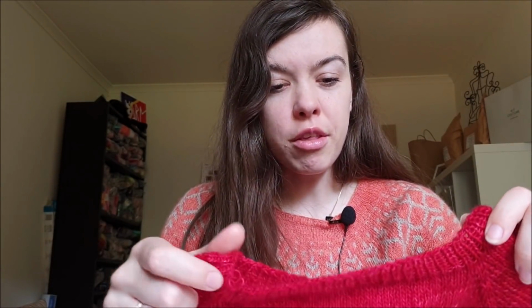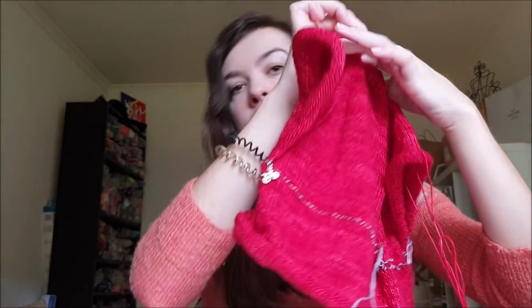And I chose this one because it has a bit of a lower neckline, which I wanted. I didn't want a huge neckline, but the other patterns that I was considering was, for example, the Flax Light, and those are very close up, like kind of like this sweater. And I just wanted something that had a bit of a lower neckline. So that's why I chose the Robin sweater. Cast on for the smallest size, did the neckline, kind of followed